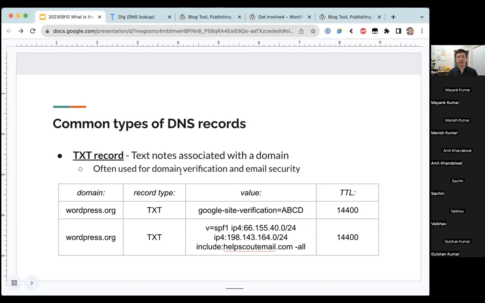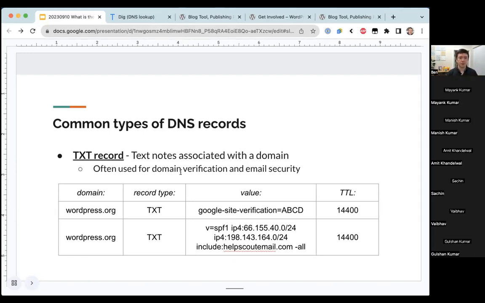So what Google says is, in order for you to verify you actually own this domain, go and copy and paste this piece of text into your DNS record. And if you can add this piece of text into your DNS records, that proves to us you have the login information, you have the access, you are the owner of that domain,